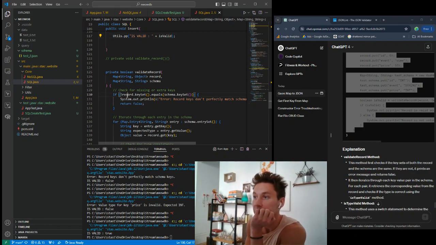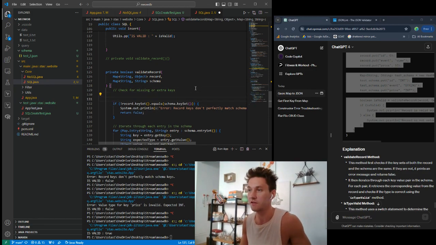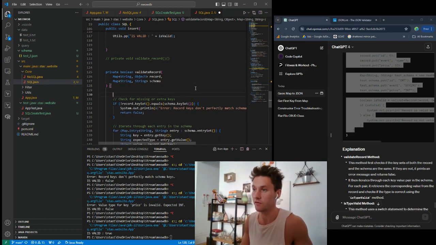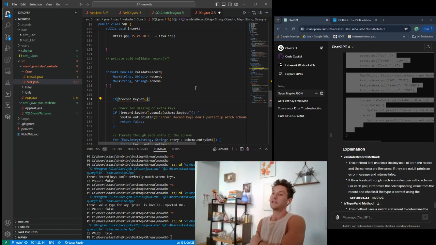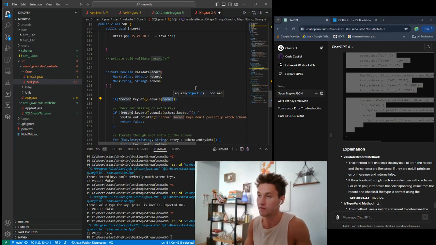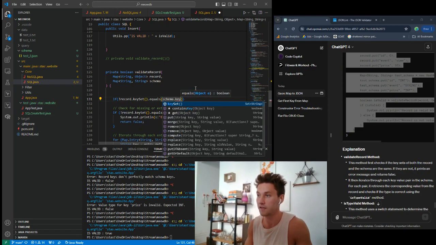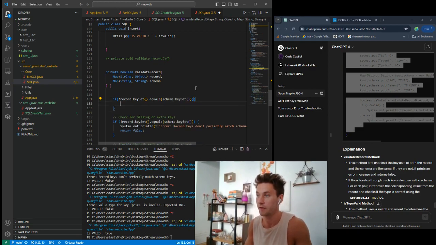record.keys.schema.keys, oh, interesting. So first things first, it maps the keys. Let's try writing this line ourselves just to make sure that it goes into record.keyset. Nice. And by the way, keyset I guess could be something that we could use. We're going to say dot equals, and we're going to say schema.keyset. And we're going to print this,